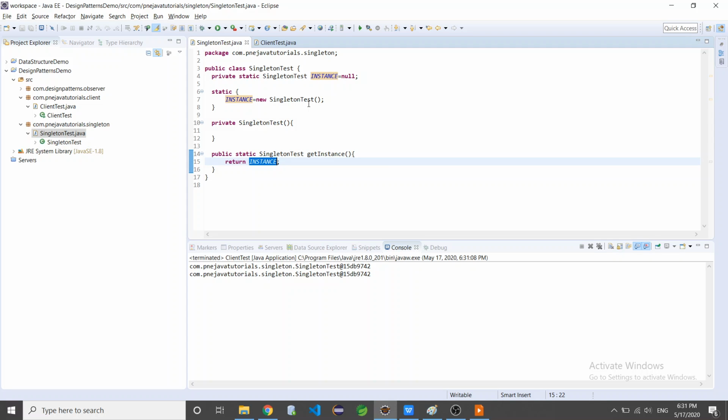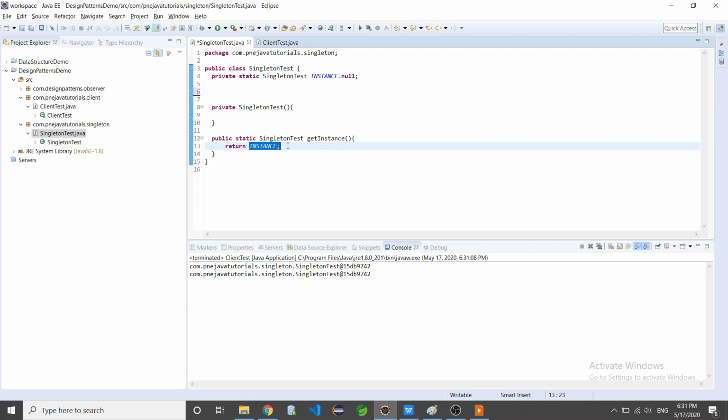Third way, lazy instantiation. Instead of declaring over here, what we are going to do, just copy and paste over here and remove static.